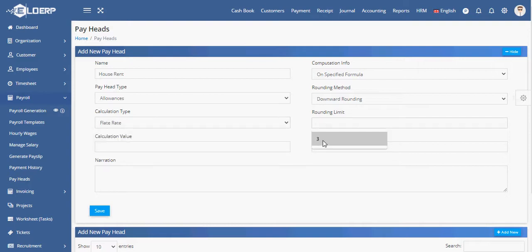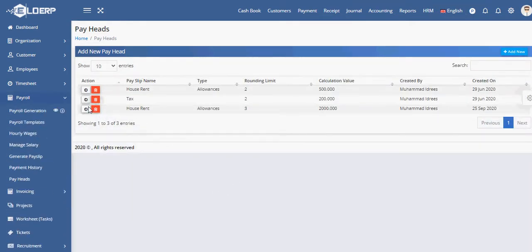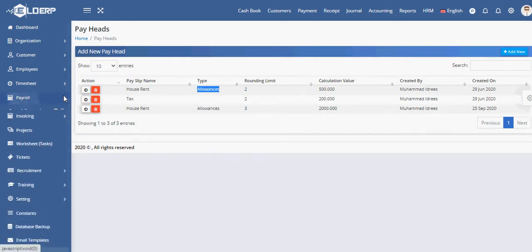Flat rate shows rounding limit. Calculation value like 2000. This we will define here, and from the employee profile page we will assign this pay head to his profile. So during payroll generation, this allowance will be posted to his payroll.